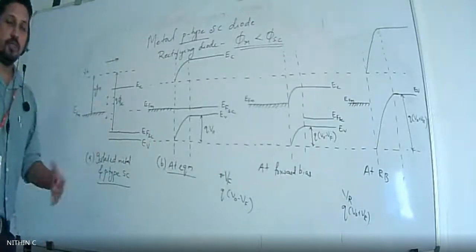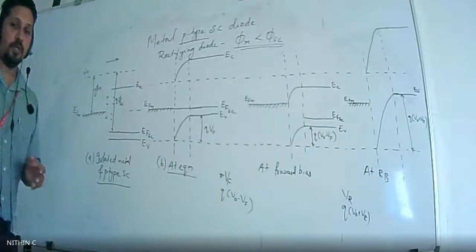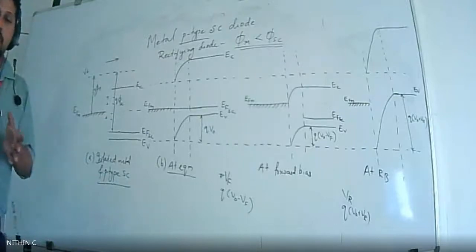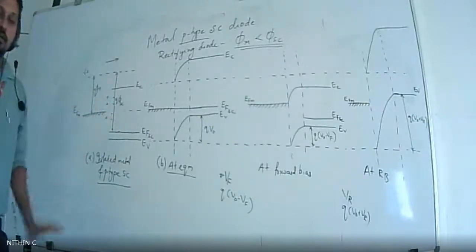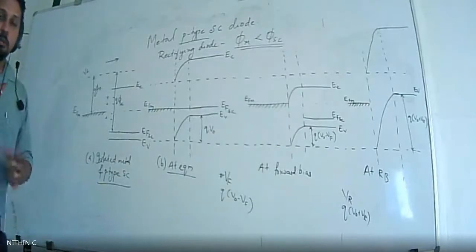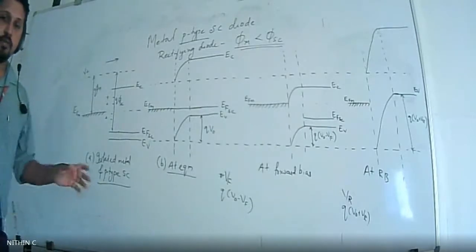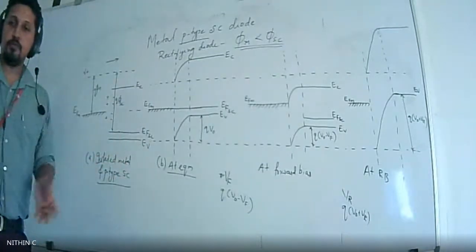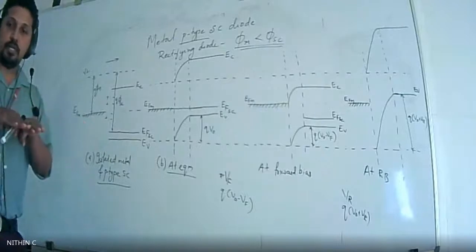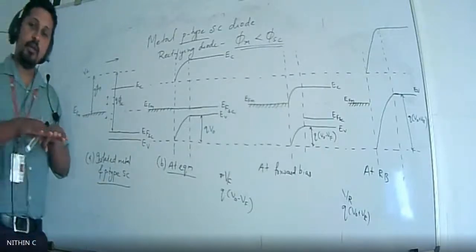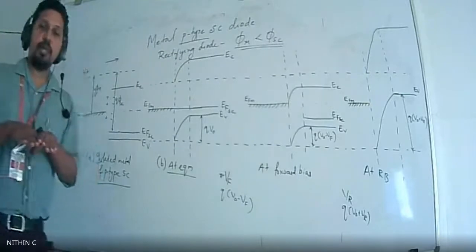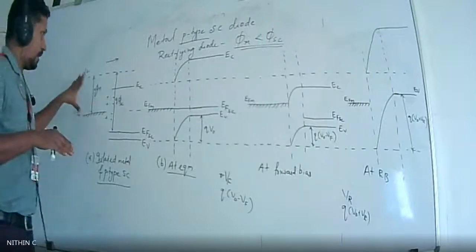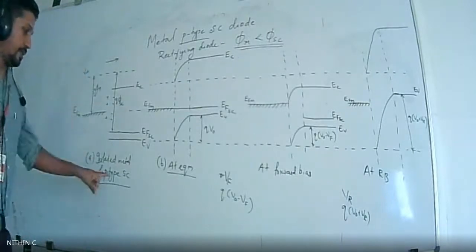usually we consider PN junction diodes, right? When do we call it a PN junction diode? When a junction is actually formed, whenever two materials are brought together, right? So in this part, we are bringing together a metal and a semiconductor. Platinum, gold, silver, all these types of metals can be joined with a semiconductor. The semiconductor can be either N-type or P-type. In the last class, we discussed the N-type semiconductor, but here we are going to consider the P-type semiconductor, right?